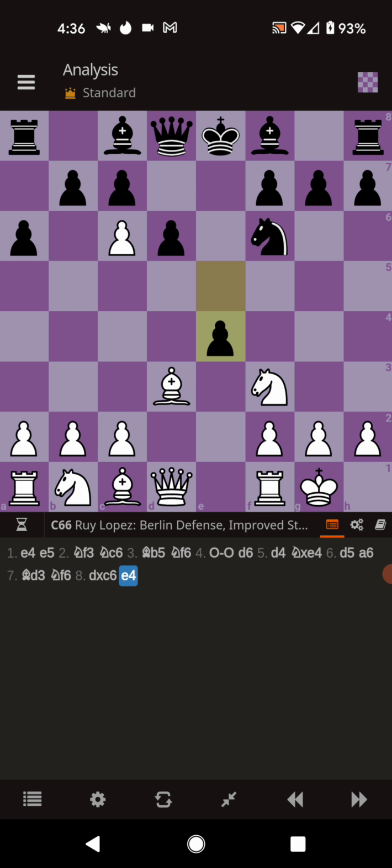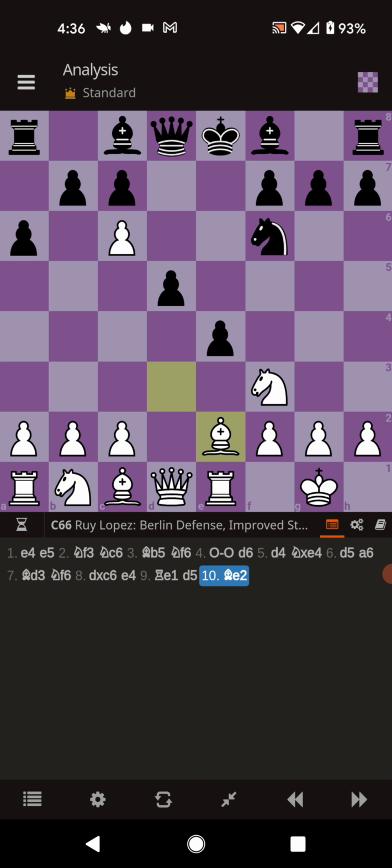Black will push the pawn to e4, forking the bishop and knight, but white slides over the rook to e1, pinning that white pawn so it can't capture. That's when black advances the d pawn to d5, and that's when white retrieves the bishop, saving it, and puts it on e2. Black captures the knight on f3 with the pawn that was on e4, and white captures the pawn on b7